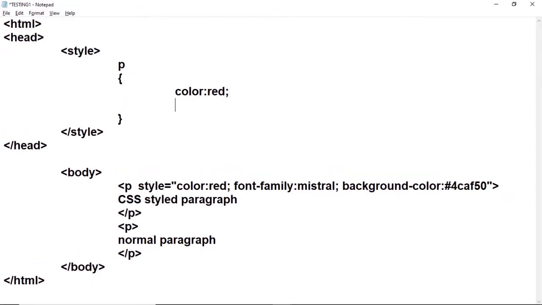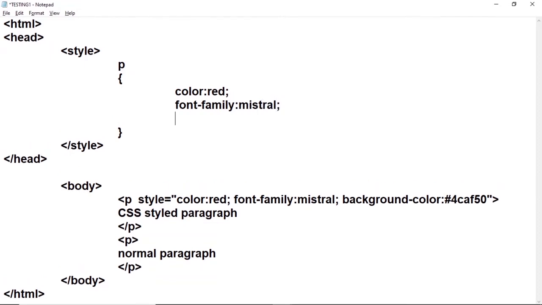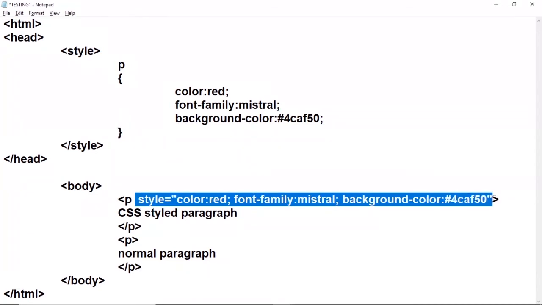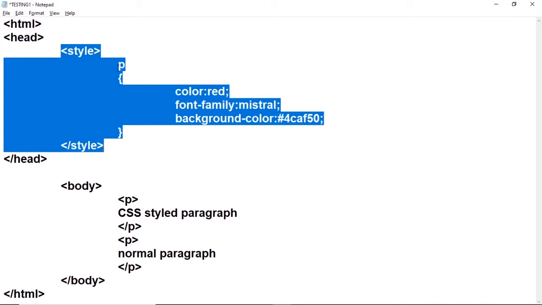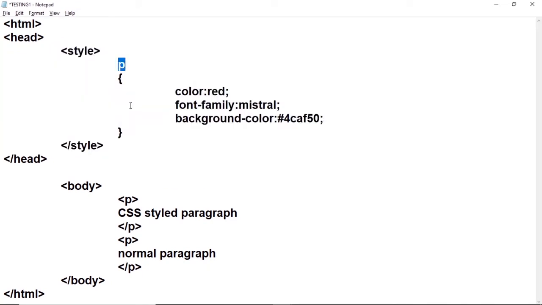Color red, and I'm just going to give font family Mistral. Then I'll be giving background color CAF50, same background color. So you have to give a semicolon after each and every command. You have to give a semicolon, and then you have to end the paragraph. Now I'll remove this inline CSS. Now what happens? Since I have given the internal CSS and I have overridden the HTML command, this means